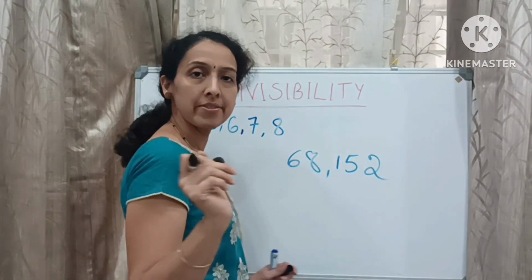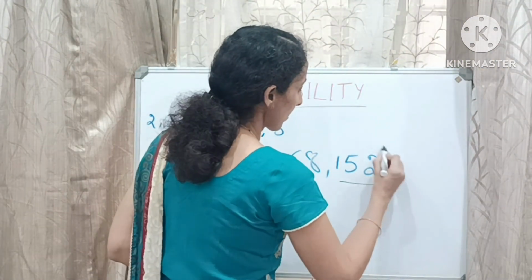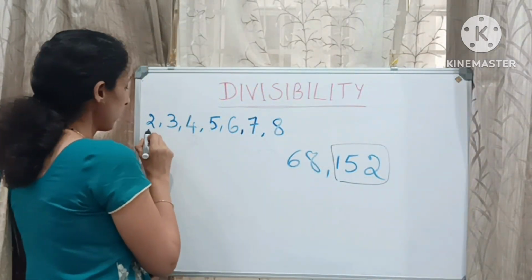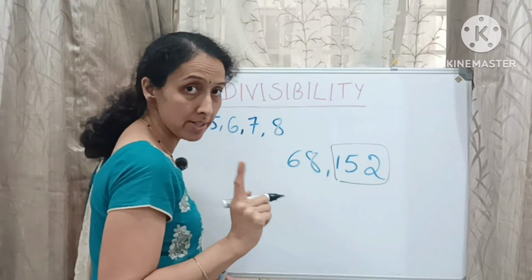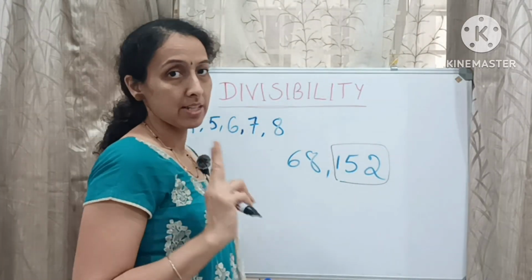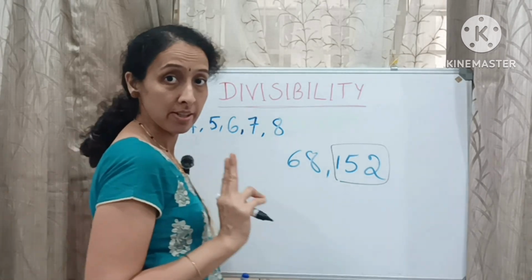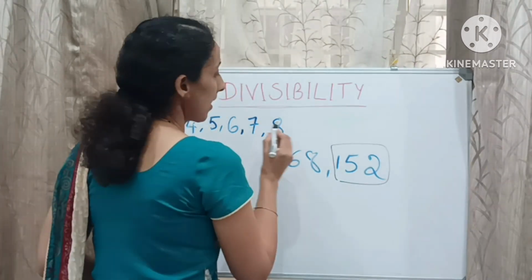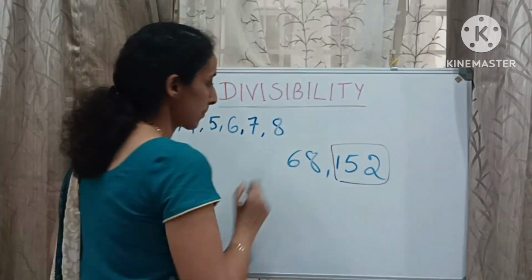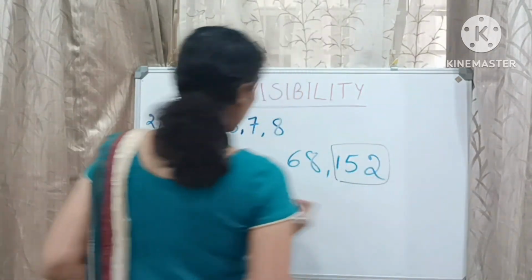So to see the divisibility by 8, we take the last 3 digits. For 2, we take the last 1 digit and see if it is even. For 4, we take the last 2 digits and see if it is divisible by 4. And for 8, we take the last 3 digits and see if that is divisible by 8. So this becomes